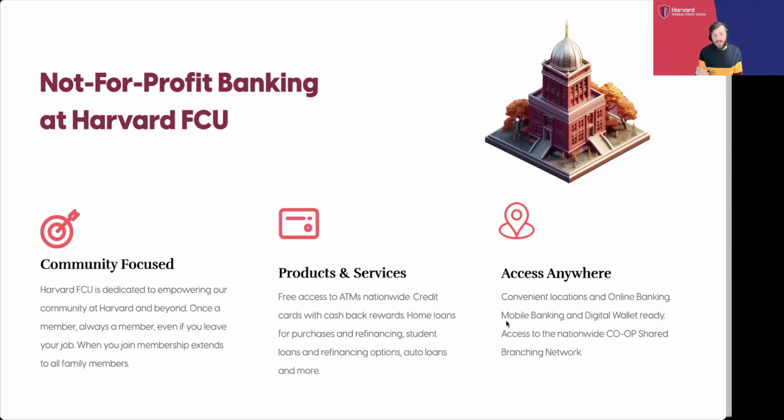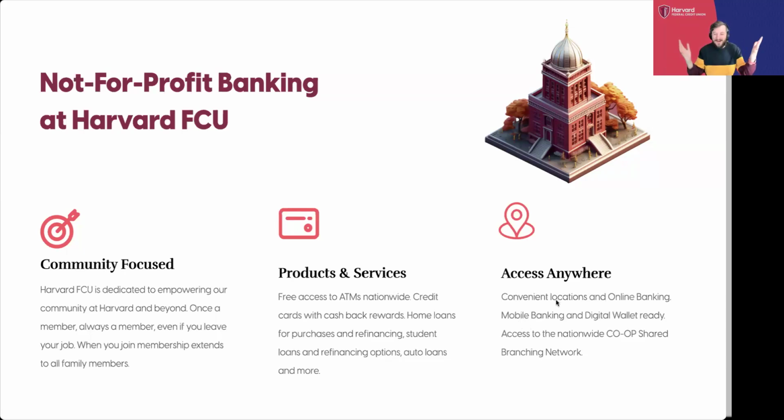It's one of the many ways that we give back to our membership, trying to find something that people actually care about, that feels good to have. And like I said, we generally have better rates for both savings and loans. Even though we have a smaller footprint, we only have a few branches compared to a lot of the big banks, we have all of the same online and mobile benefits, and we are part of the credit union co-op shared branching network, which is this really cool thing I didn't even know about till I started working here.